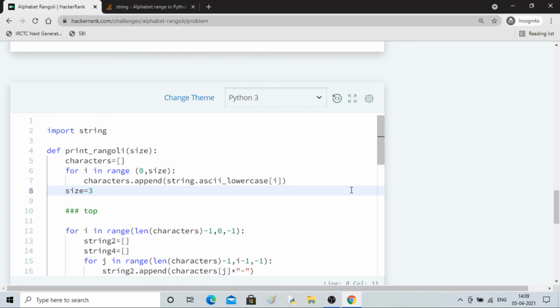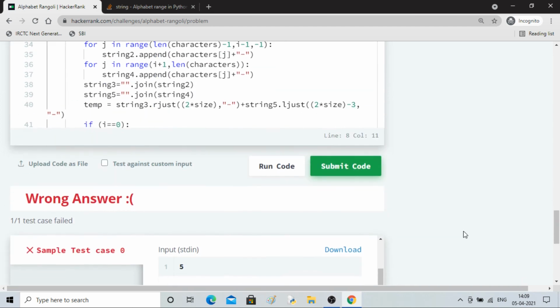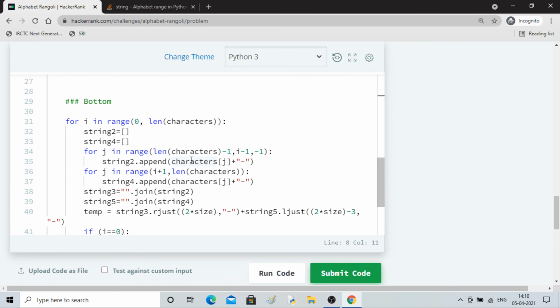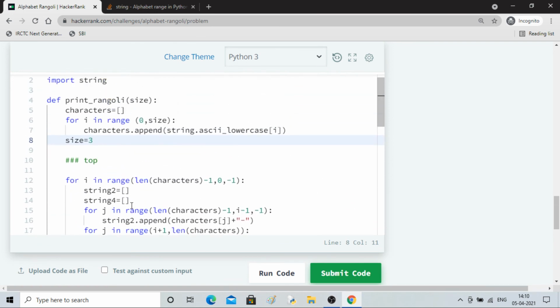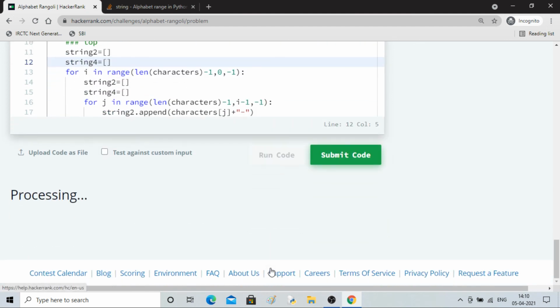Now it is messing up. So what's the problem? Oh, I have not initialized the strings, right? So initialization is required. String 2 and string 4. Let's do this. Let's see if it works now.